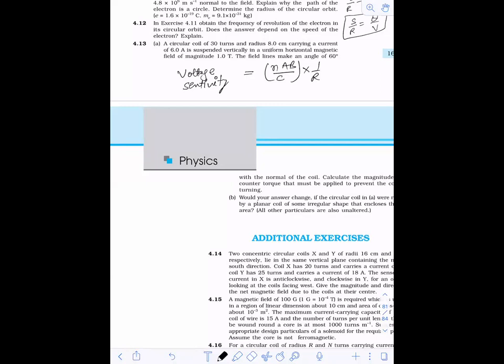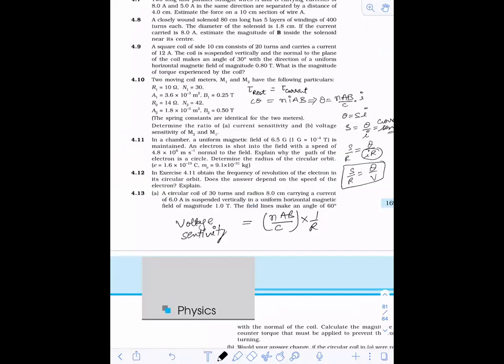So tomorrow we will discuss the remaining questions 10, 11, 12 and 13, and then we will discuss a few more questions. If you have any doubt, come up with your doubts tomorrow. I'll finish the 4 questions, then I'll take your doubts, and then we will go on to more questions.